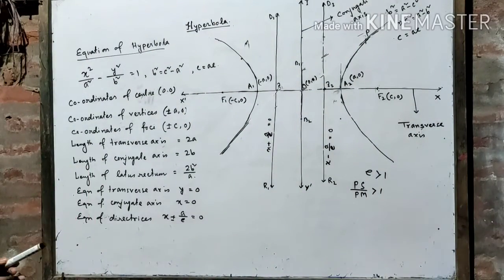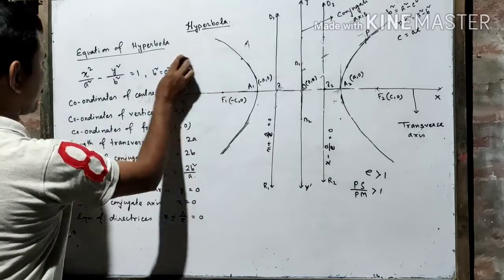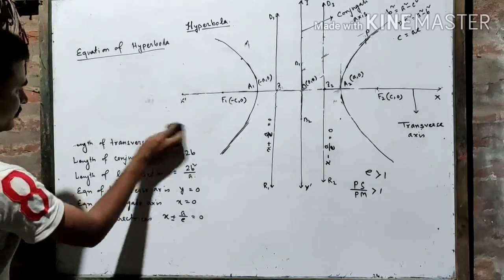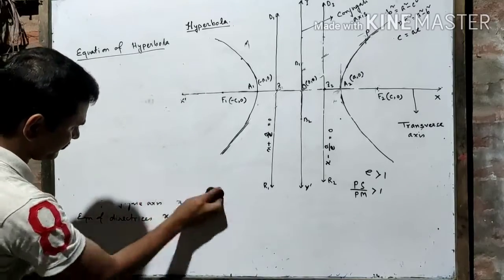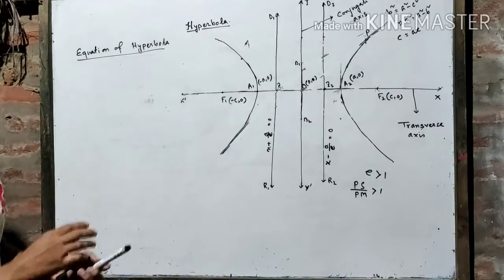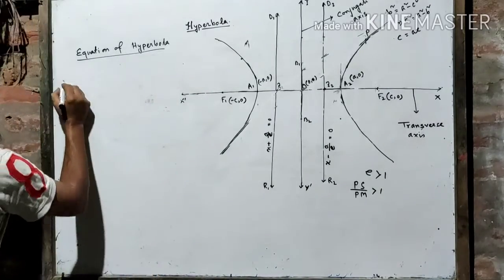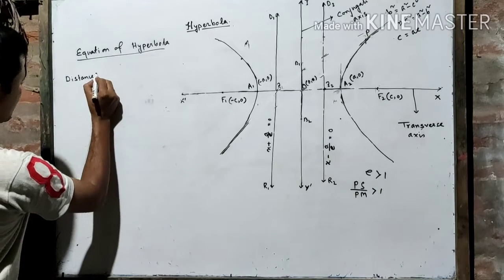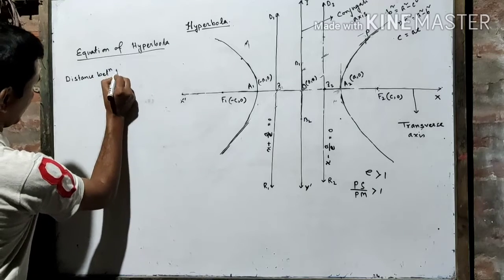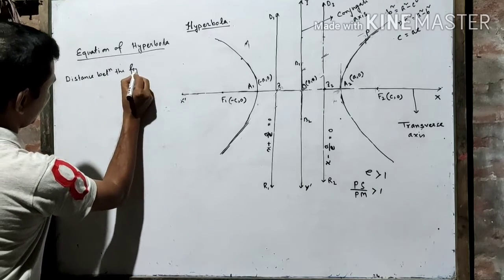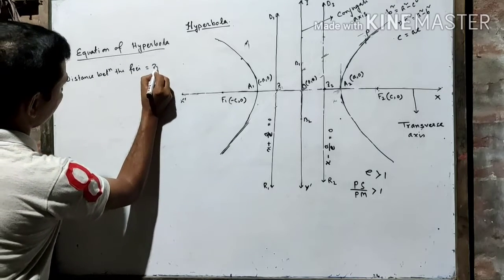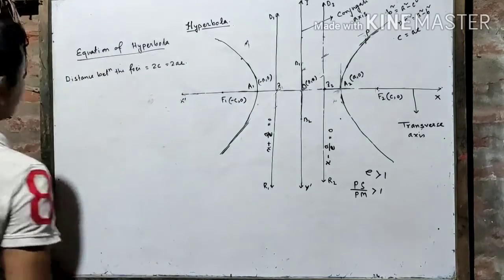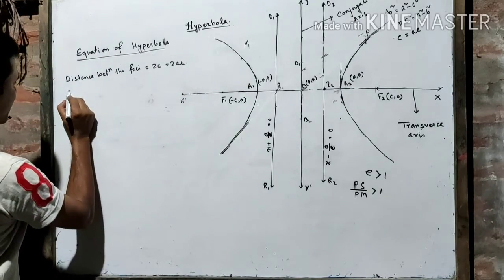Alright. So from the figure you have to notice these things also. What is the distance between the two foci? Distance between the foci is equal to twice c. Twice c means what? Twice a. Distance between vertices,